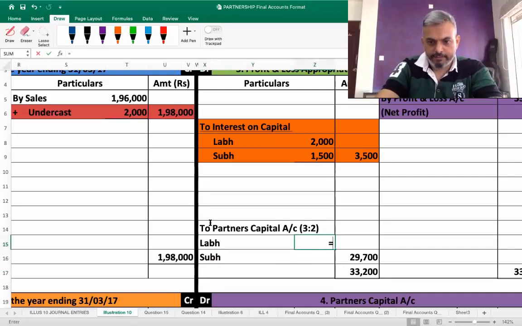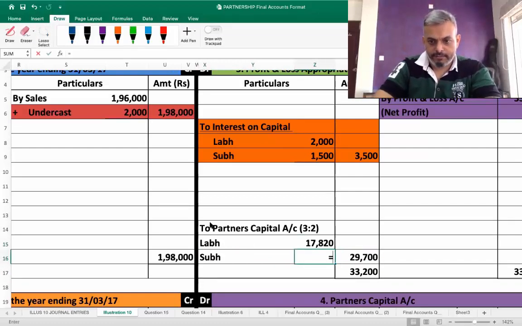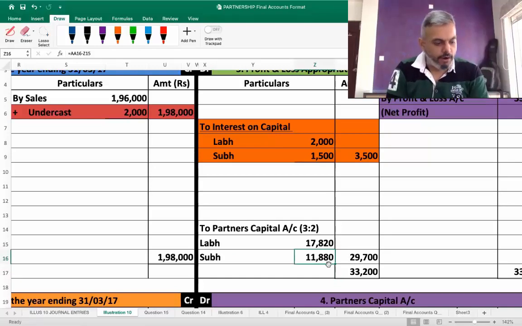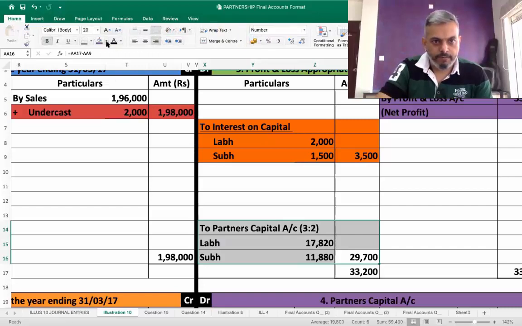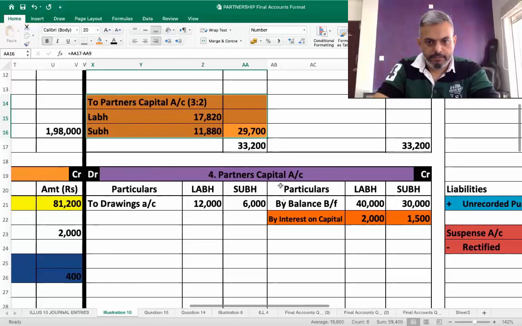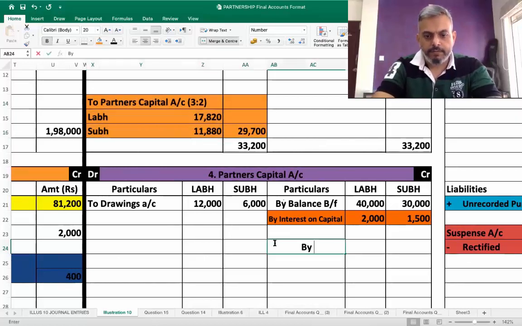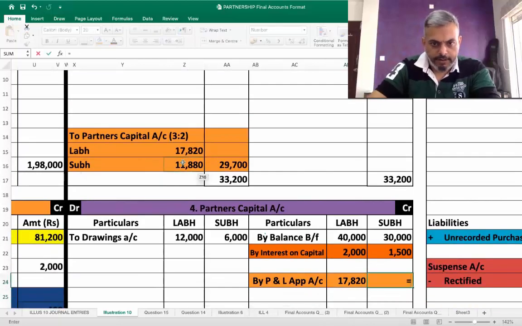So calculate it. 17820 and 11880. Transfer it by P&L appropriation account, 17820 and 11880,